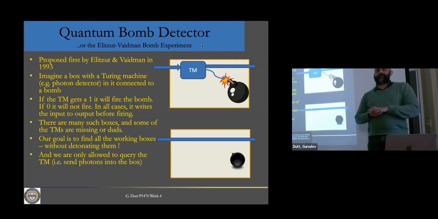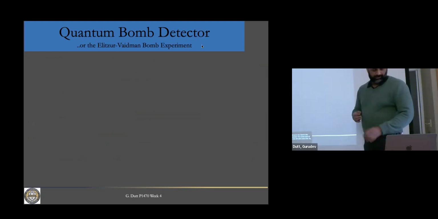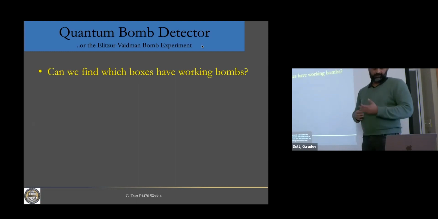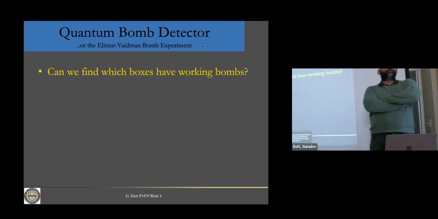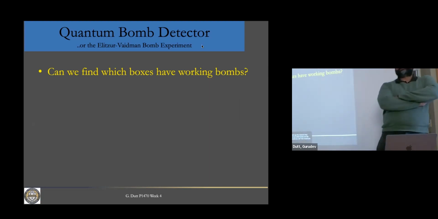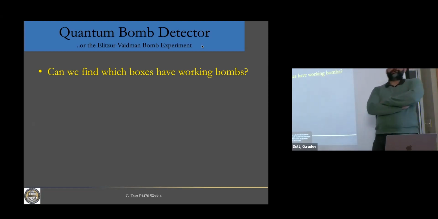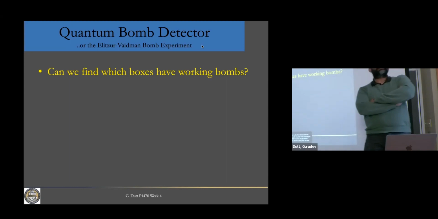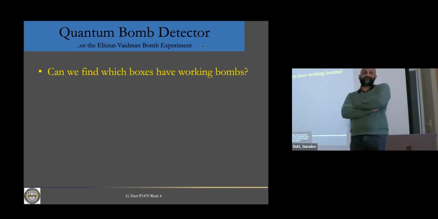Okay. All right. So now let's think about this. Let's go the classical way. Can we find out which boxes have the working bombs? What would you do? How would you go about it if you didn't know any quantum mechanics or anything about qubits? Prior to, say, the 1920s, when we started learning about quantum physics. Or even the 1990s, because it took